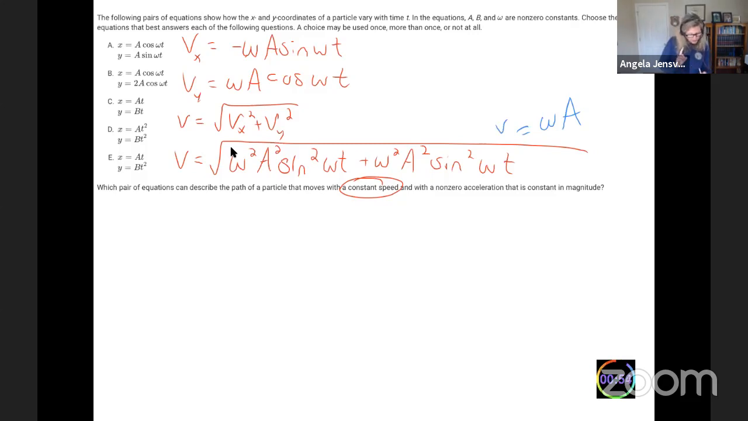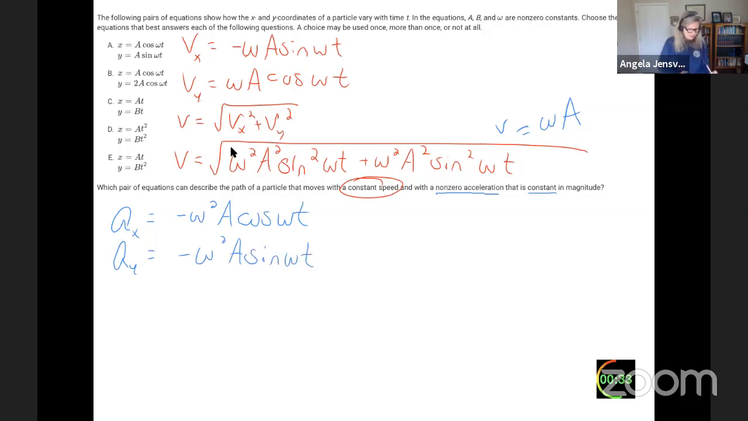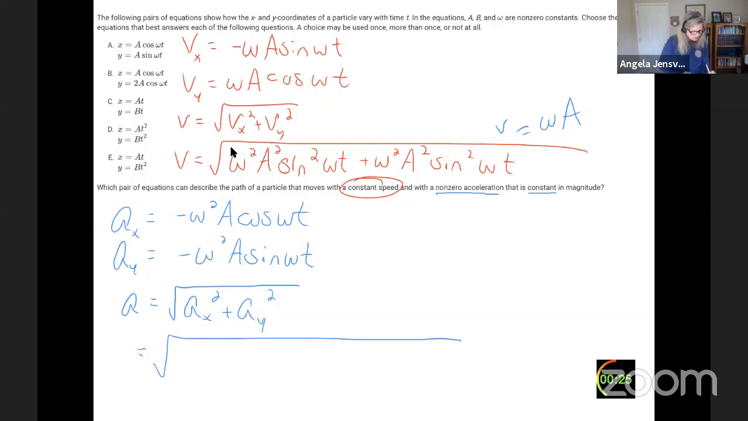But they also want non-zero acceleration that's constant. So to get acceleration, you have to differentiate velocity. So let's get going. What would this be? Ax is negative omega squared A cosine omega t. Ay is negative omega squared A sine omega t. And then to get the magnitude of acceleration, you would do the square root of ax squared plus ay squared. So you get omega to the fourth A squared cosine squared omega t plus omega to the fourth A squared